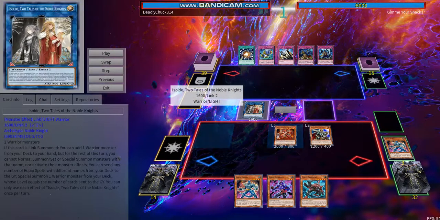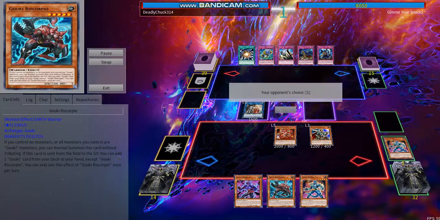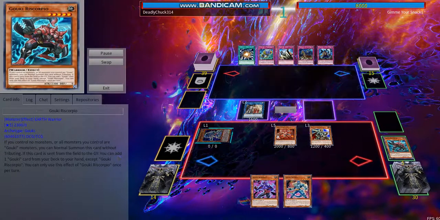The reason why we did this is because Assault does lock us out of special summoning monsters with the same name, so we can summon the Re-Scorpio off the Gouki rematch later, and then we'll get a search off the Re-Scorpio too. So then we're going to activate Assault, dump the Phoenix Blade, summon out Octostretch, use Headbat, summon it,